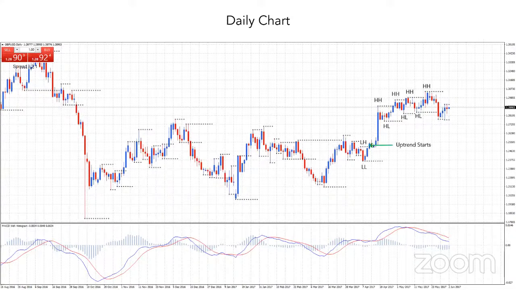And the uptrend starts when price action breaks above the last lower high here. So on this chart, when that candle trades up above the top of that red candle there, that's when the new uptrend starts to form on the day chart. And you can see that it obviously continues for many, many trading days, probably a good month's worth of trading there.